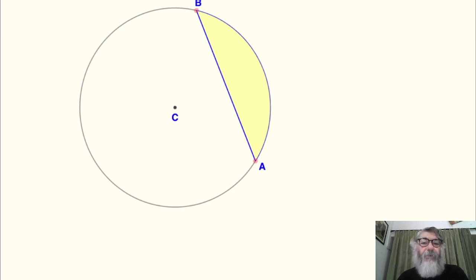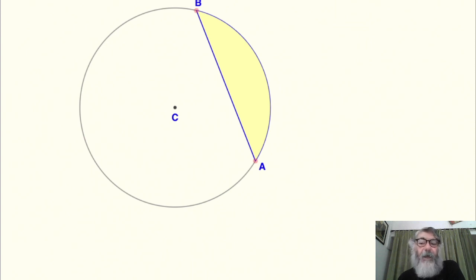For example, if you look at this figure which is visible on your screen, AB is any chord. Now, the yellow area, the shaded area, is a segment. Also, the unshaded area is a segment. The shaded area at present is called the minor segment, and the unshaded area, which is shown in white, is